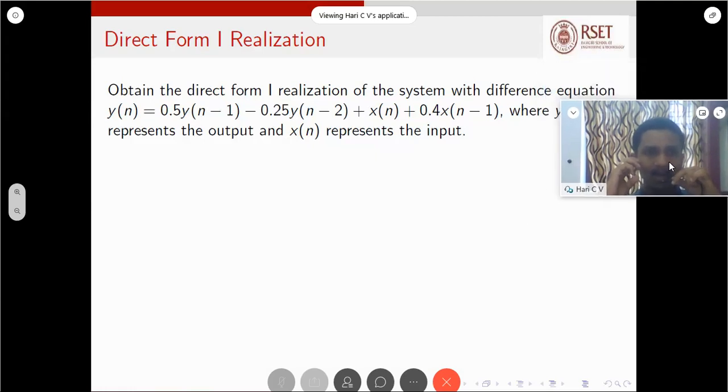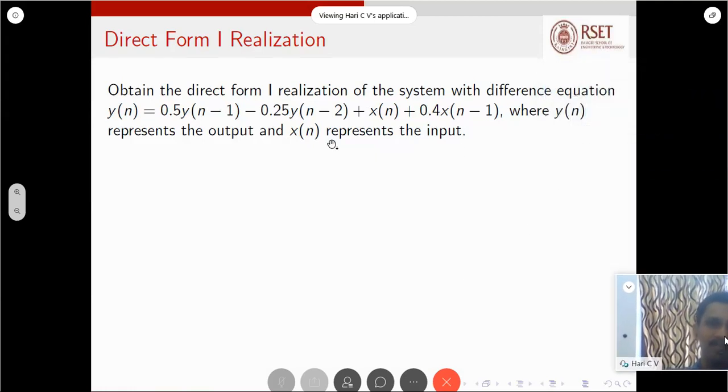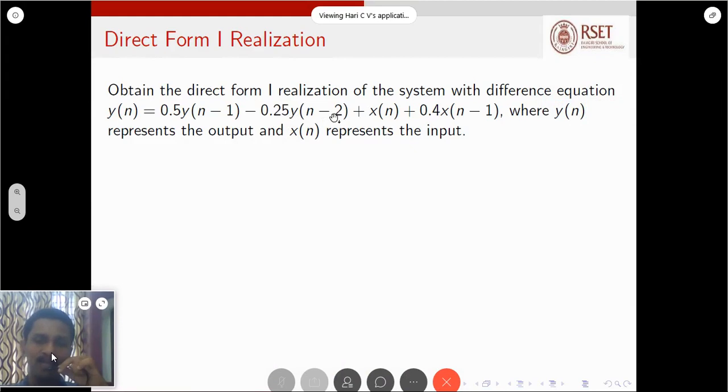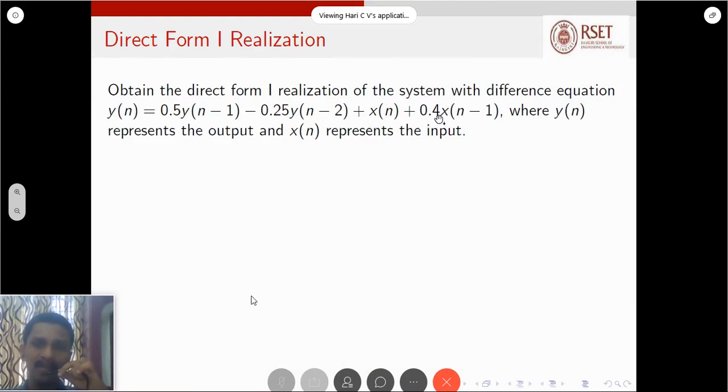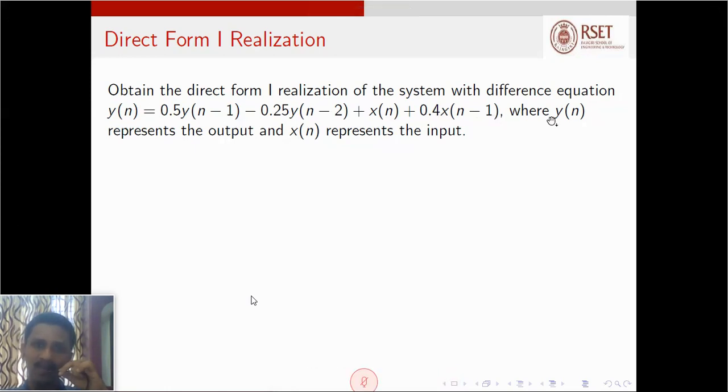y(n) = 0.5 y(n-1) - 0.25 y(n-2) + x(n) + 0.4 x(n-1), where y(n) represents the output and x(n) represents the input. So we can check how this can be realized in direct form 1. So the realization is that